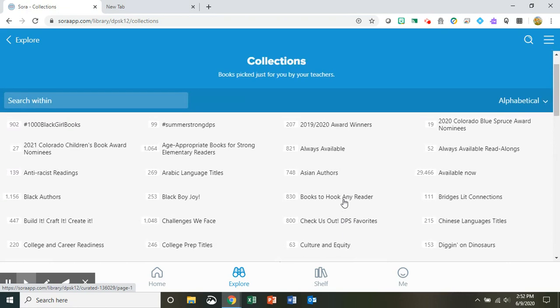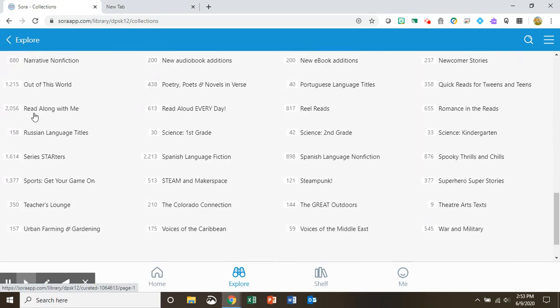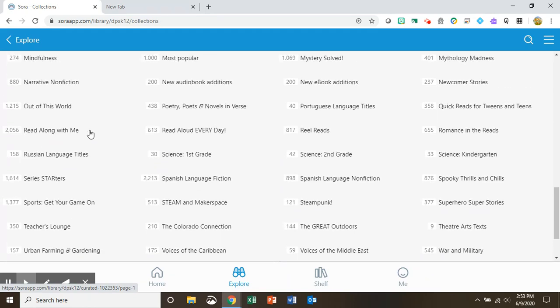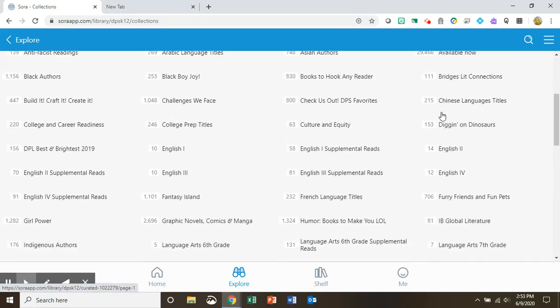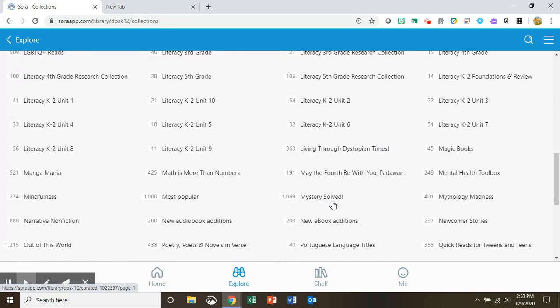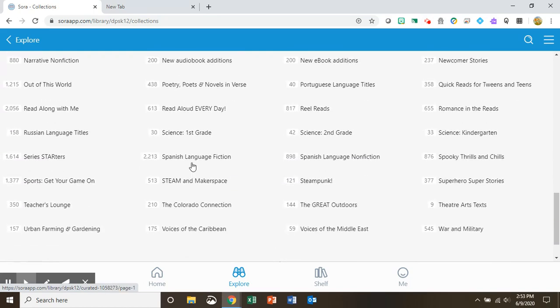If you are interested in having a book that your entire class can read simultaneously, be sure to check out the Always Available collection or the Always Available read-alongs. To see the entire list and collection of our read-alongs, find the Read Along With Me collection, which currently has over 2,000 titles. We also have more than 4,000 titles in languages other than English, including Arabic titles, Chinese titles, French language titles, Portuguese language titles, Russian language titles, and our very robust Spanish collection, which includes Spanish language fiction